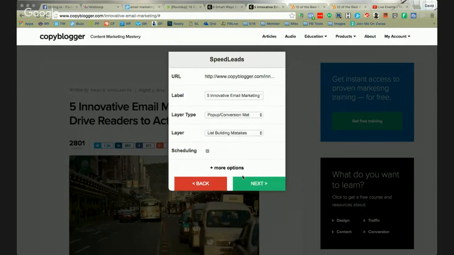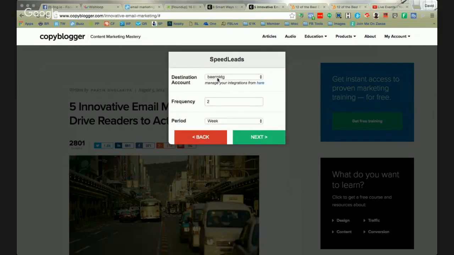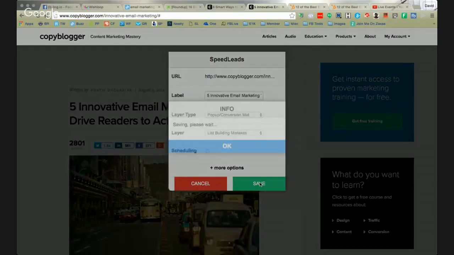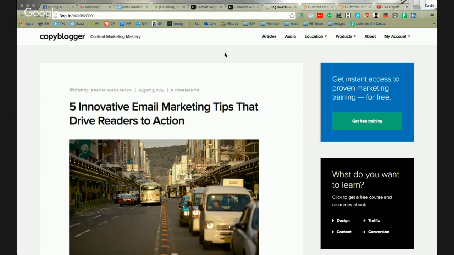Now, if this one, I wanted to schedule it out, I could actually go in here, choose a specific place where I want it to land, the frequency that I want, all of that, and then schedule it to go out. This guy, I'm going to skip the scheduling, and I'll go ahead and save it again. And there you go. So now I have 2 done. We did the HubSpot and we did the Copyblogger.